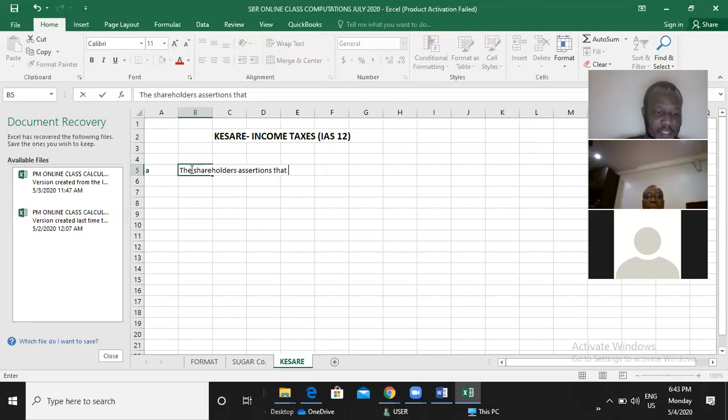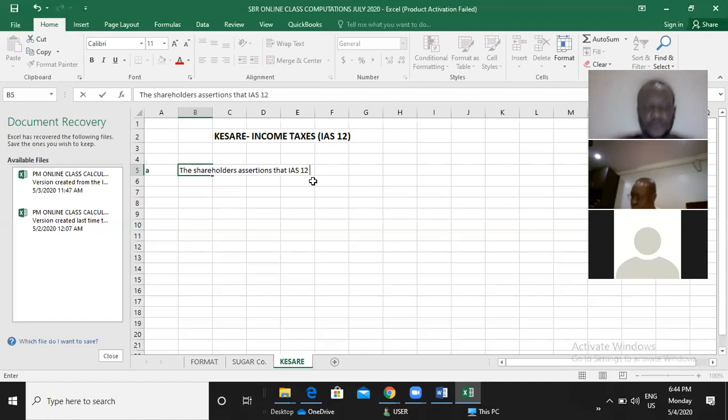What did the shareholder say? The shareholder raised the question regarding deferred tax to the company's executives. The shareholder stated that he did not understand the concept of deferred tax and did not understand why accounting standards make adjustment for tax that do not reflect the actual amount of tax paid. So the shareholder's assertions that